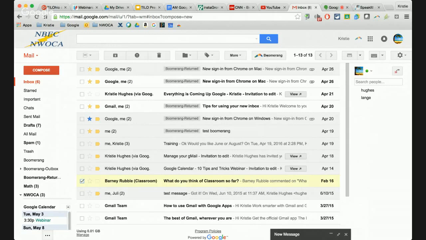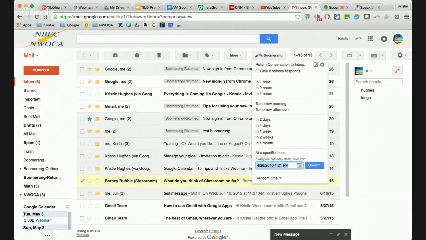Because I have it installed, I now have this option to just click on this button called Boomerang, and I can have this message remove itself from my Gmail account and then come into my Gmail account again, maybe in 2 days, or maybe tomorrow morning, or maybe in 2 weeks, maybe in a month. Maybe this message was talking about something that I wasn't really ready to address.